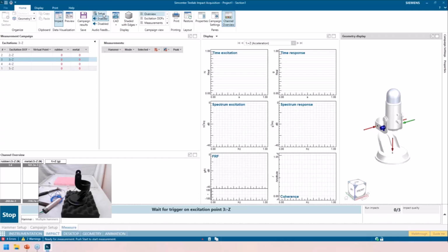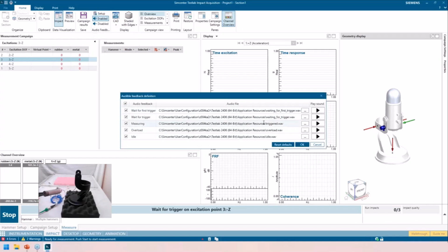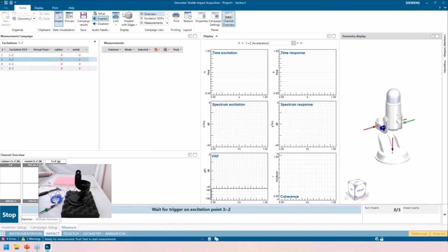And if you wanted to change those to maybe be something goofy, like maybe it's your manager yelling, "Don't go overboard" for the overload signal, you could just navigate and reset them here. We have a colleague who likes to use the Homer Simpson "dope" every time you use an overload. So that can be changed out as well. But I will start impacting.